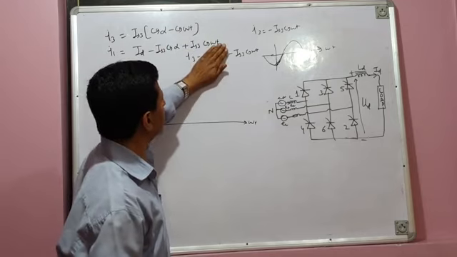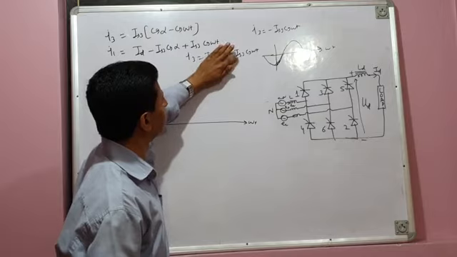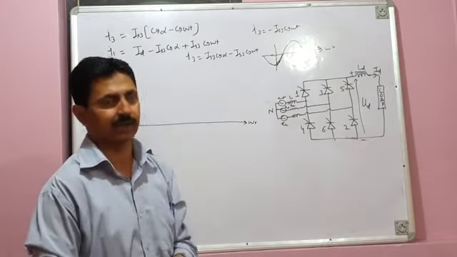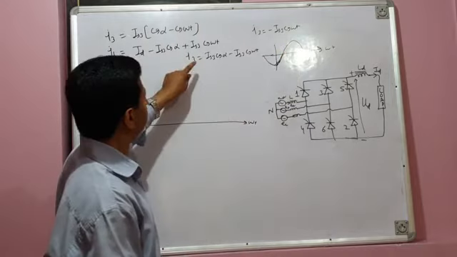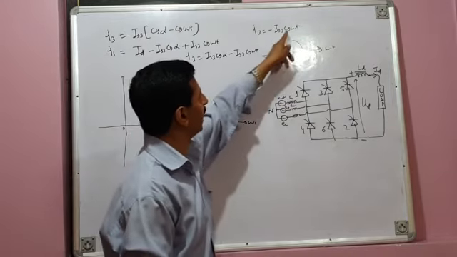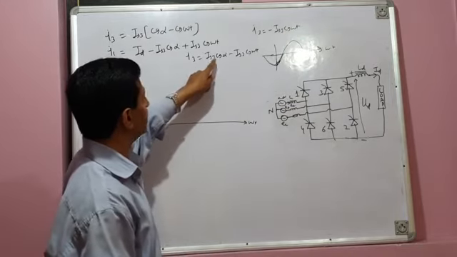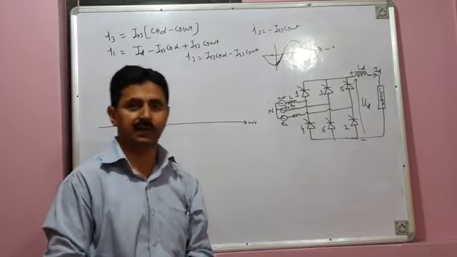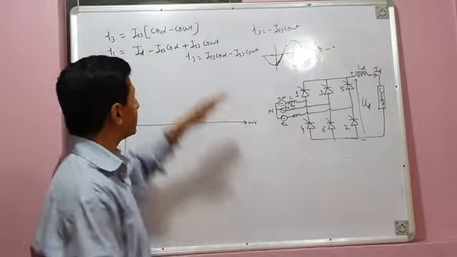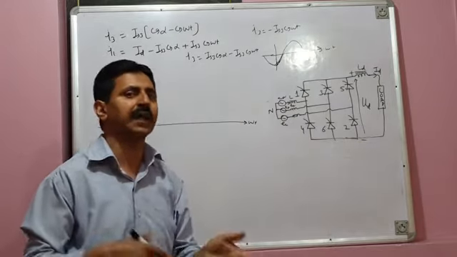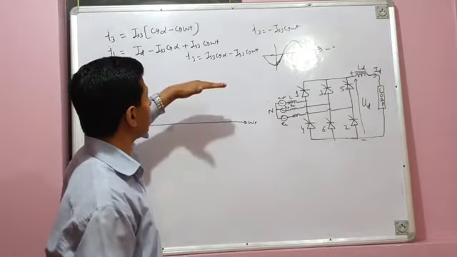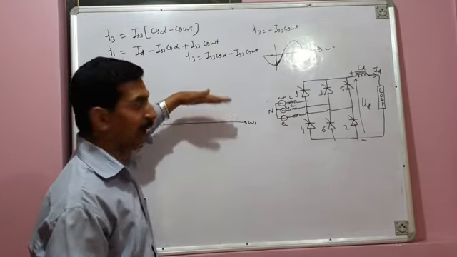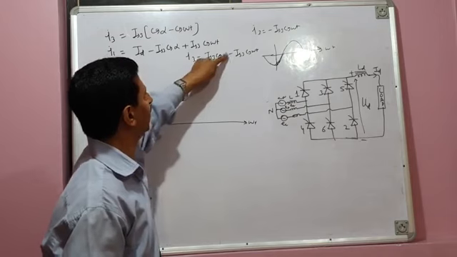See, in absence of this, my I3 would have been minus IS3 cos omega t, and this would have been my I3 current, negative cosine wave. But my actual current is not minus IS3 cos omega t. It is IS3 cos alpha minus IS3 cos omega t. What is this first term? It is a constant term, positive constant term. That means my value 3 current is still negative cosine wave, but its axis is not omega t axis. Its axis is shifted upwards positively by this much.